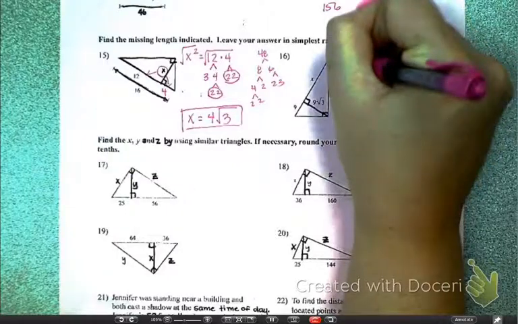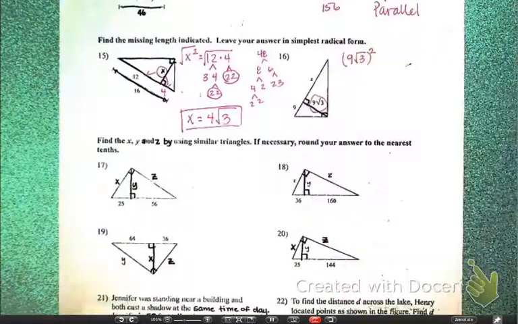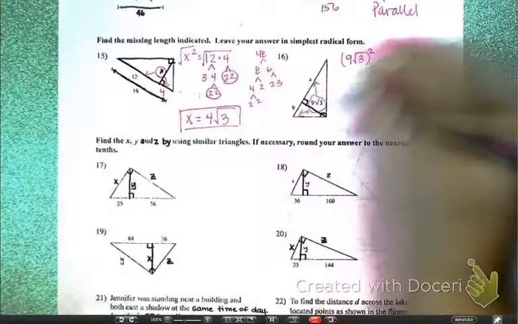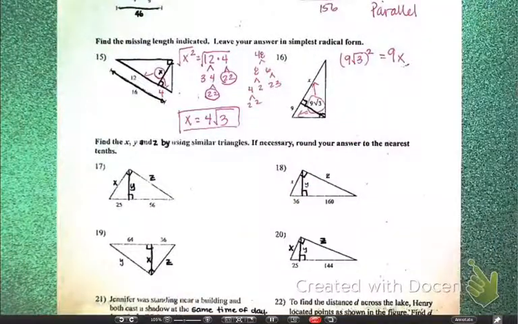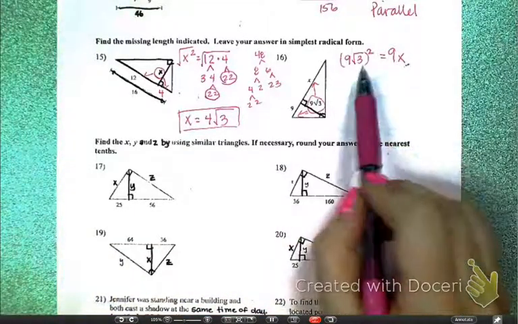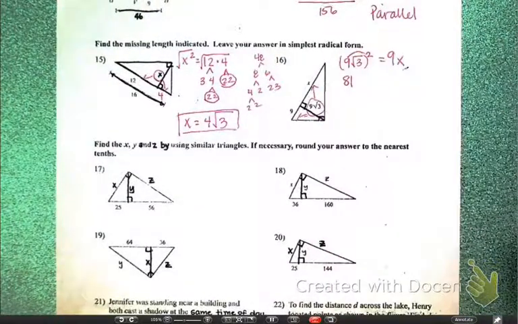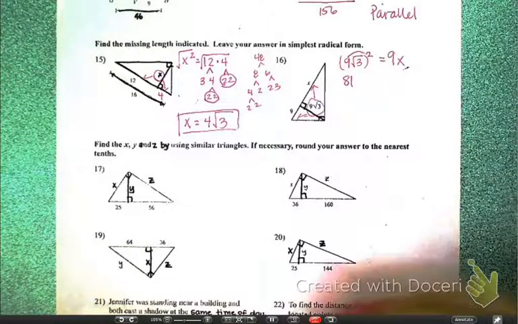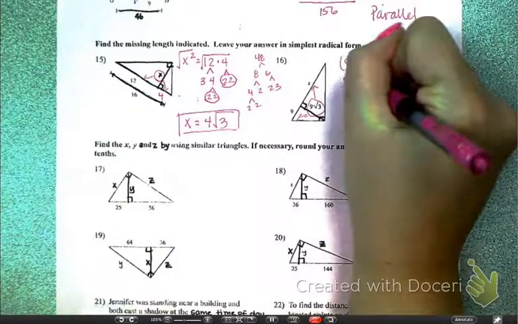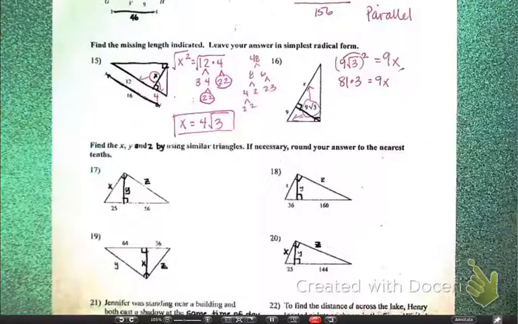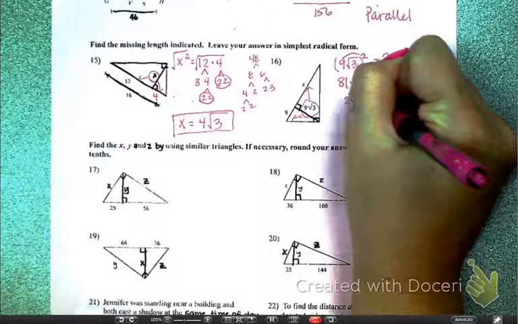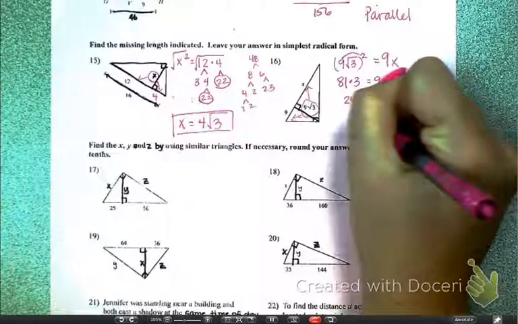9 square root of 3 squared, the altitude squared, equals the product of the hypotenuse. I think I did this one with you guys on Friday, but for those of you that weren't here, just to recap, you're still squaring this. So 9 squared is 81, and the square root of 3 squared is just 3. The square root and the square cancel each other out. So 81 times 3 is 243, which equals 9x. X equals